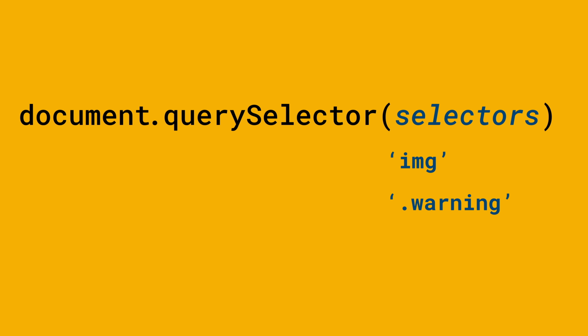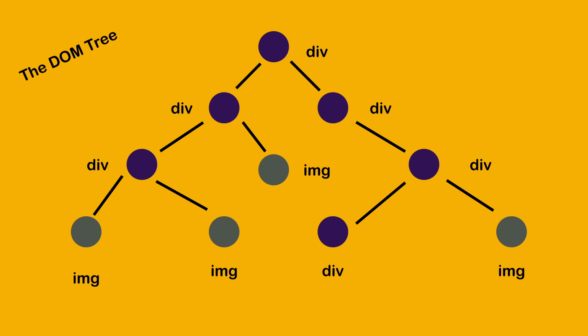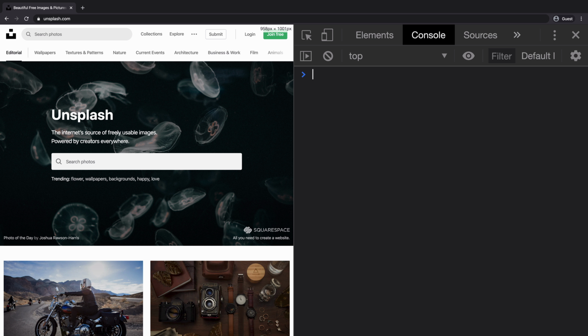For now, we will keep our focus on finding the first image element using the querySelector method on the document object. The querySelector method performs matching using depth first pre-order traversal of the document node. It starts from the first element in the document and iterates through the sequence of nodes. When it finds the first matching element, it stops the search and returns the element. If no matches are found, the method returns null. Let's see that in action now.